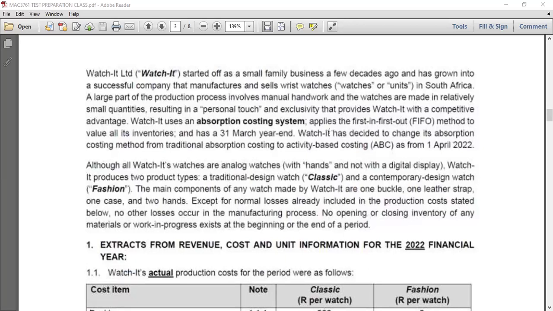So it's very important to read this first part of all your questions, because it will most likely state whether they are using absorption costing or traditional direct costing. And it will also tell you whether they are using the first in, first out, or the weighted average method, as they will affect many things there. Right. Then the question is,